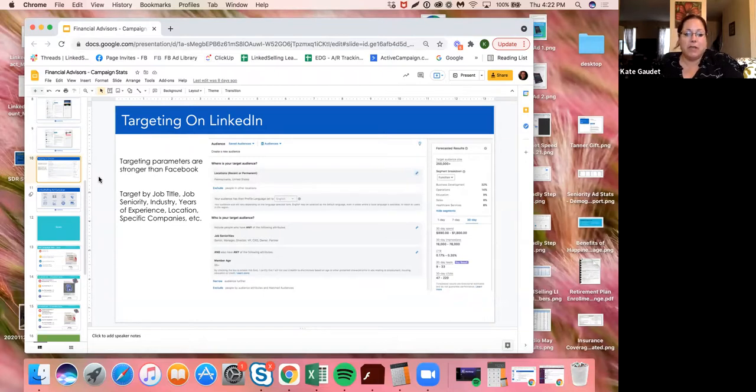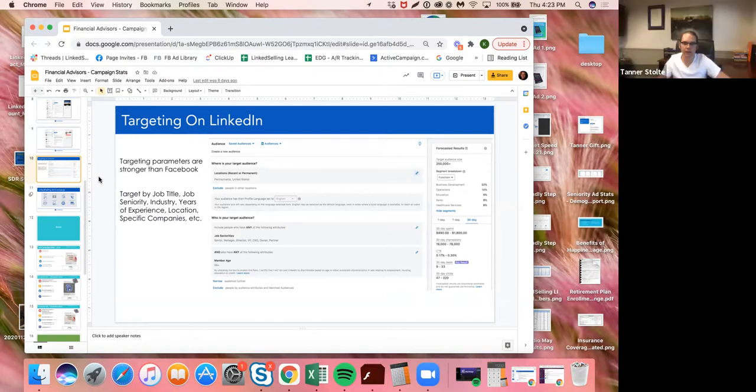But just keeping in mind that if you are in a smaller town somewhere, there may or may not be targeting specific to your small town or small metro area, or you might have to just go a little bit bigger. And I think an interesting angle for LinkedIn too, if you're an advisor who works on business related accounts,